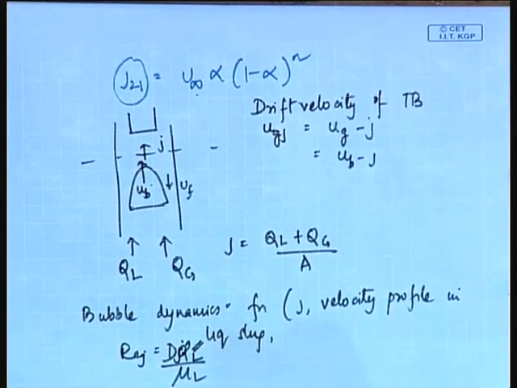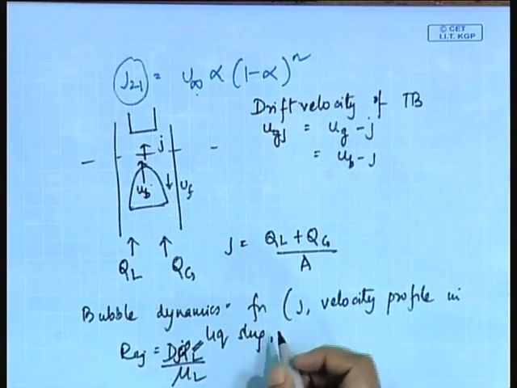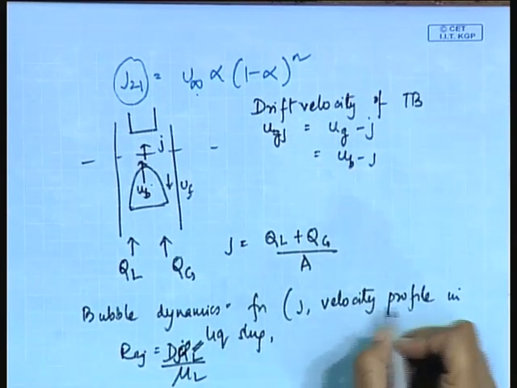On what other factors should it depend? It should depend upon the conduit characteristics, the fluid flow properties, and so on and so forth, isn't it? So, therefore, we find that more or less your U_J should depend upon J,